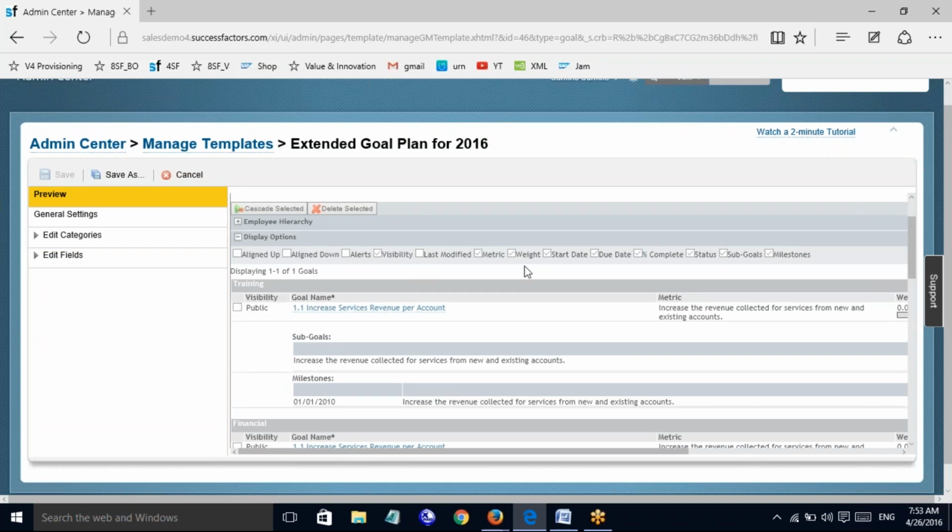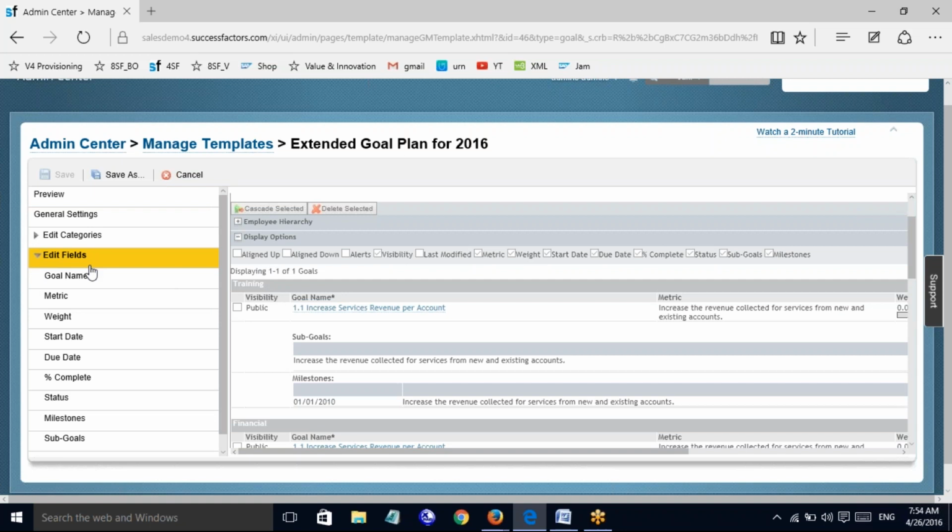You can see a lot of other things here: status and complete, due date, start date, weight, metric, last modified, visibility. What are these actually? Any guess? These are nothing but the fields. Look at the preview, which you are able to see now in the preview section.